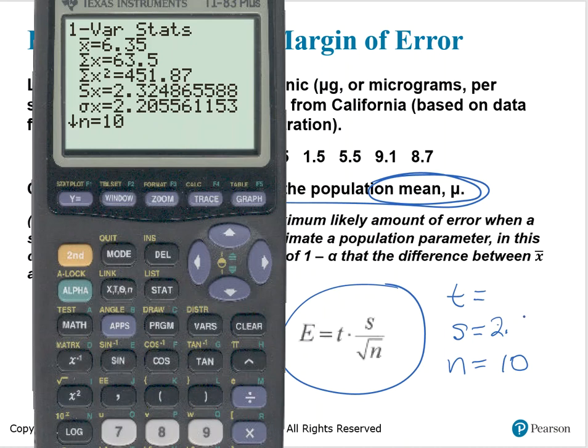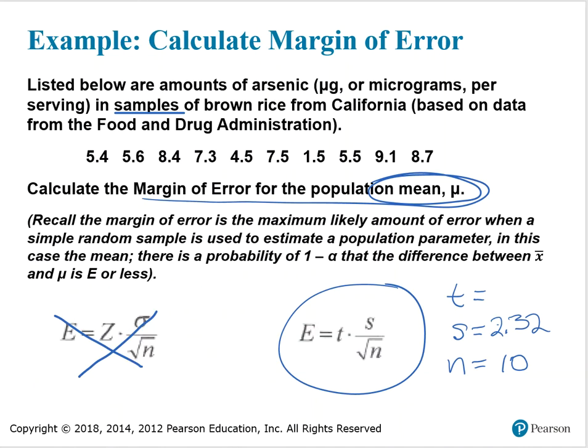Now we don't have the mean rounded, but we do know our original data values are to the tenths place. So S is going to be to the hundredths place. And I need my T. So T is based on the degrees of freedom. The degrees of freedom in this problem, n minus 1, is going to be 9.